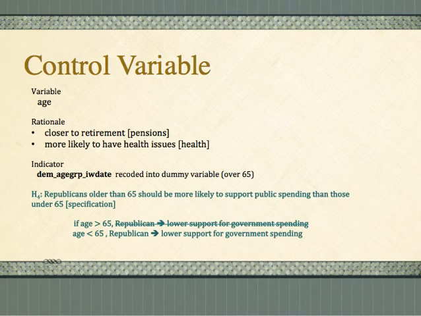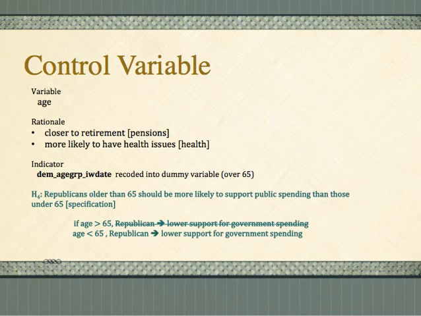Now that I know republicanism is my strongest explanatory variable, I want to take a closer look at it by controlling for age and the relationship between partisanship and support. My rationale here is that the elderly would have an interest in higher public spending because they are more likely to need Social Security and Medicare in the immediate future. So I created a dummy variable from the ANES age demographic question in which the value of 1 was given to those above 65 years of age.